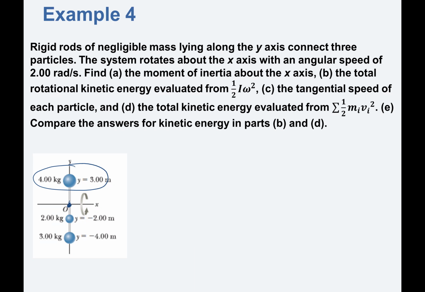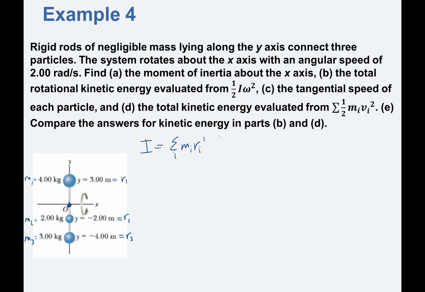That means what I want to know here is, let's say this guy here is my mass 1. So this is mass 1, and let's say this is mass 2, and this is mass 3. That means this becomes my position 1, this becomes my position 2, this is position 3. And remember, moment of inertia is the sum of mass times position squared for every particle